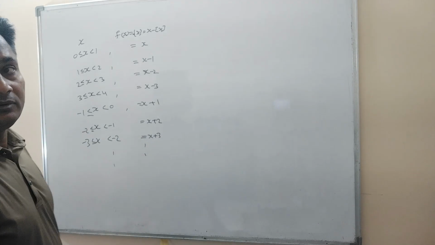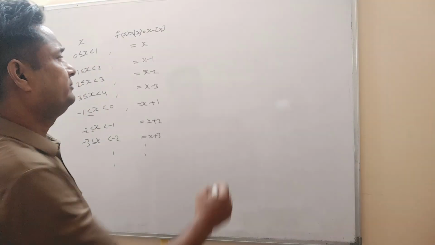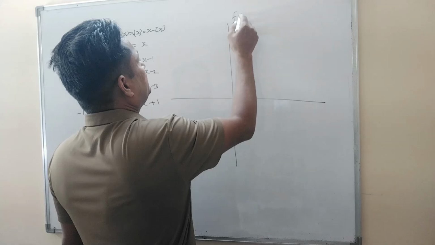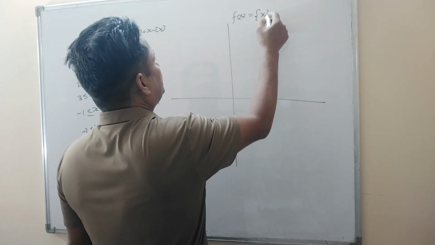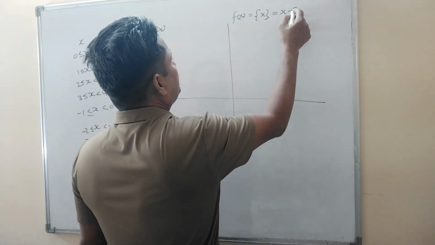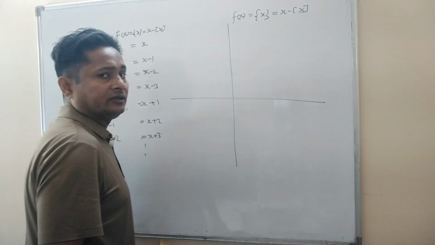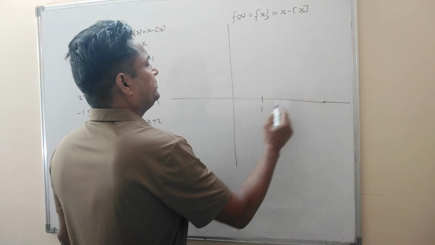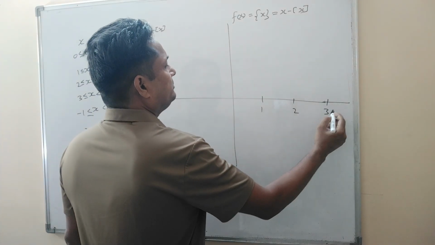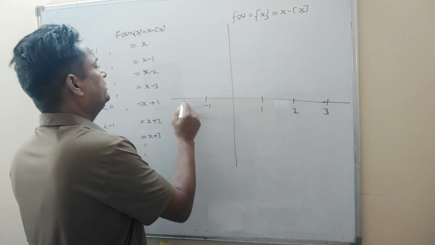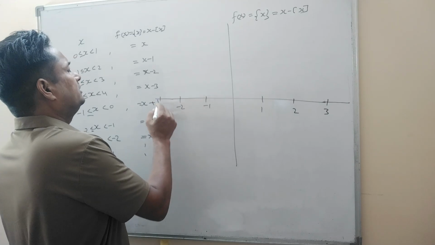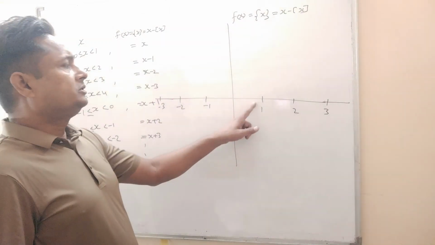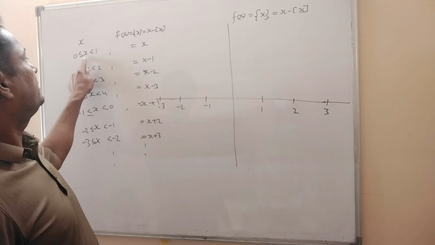So now draw the graph of the function. What will be the graph of the function f(x) equal to the fractional function x, which is basically x minus the greatest integer x? Now draw the graph of the function. This will be 1, this will be 2, this will be 3 and so on. Here it will be minus 1, minus 2 and minus 3 and so on. So in 0 to 1, if you draw the graph,